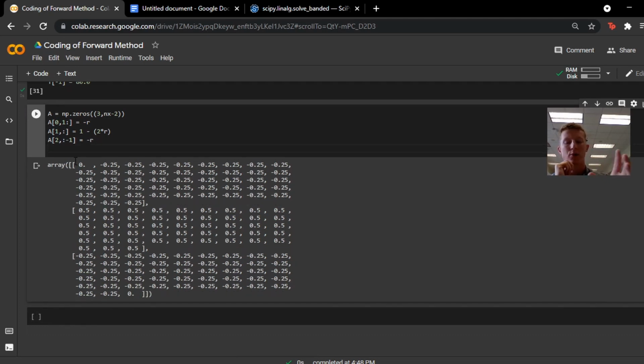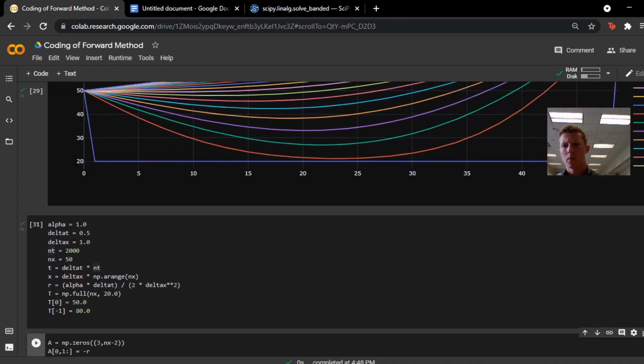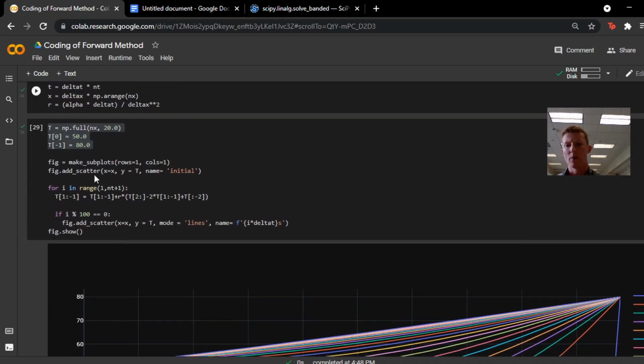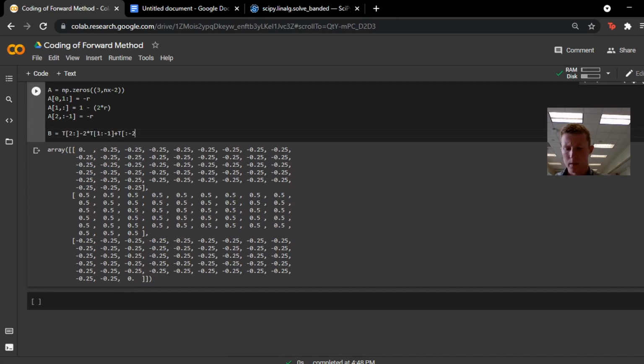And now we need to go ahead and create the right-hand side of our equation, which will be that vector, and we'll just give that the variable name b. It's actually going to be very similar to what we have up here, so I'm going to copy this over. It's almost identical. We're going to have the exact same indexing as before, except now we have to multiply by different coefficients. So we have to multiply this first one by r,